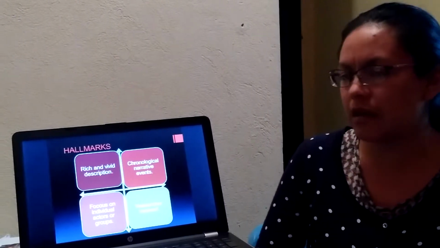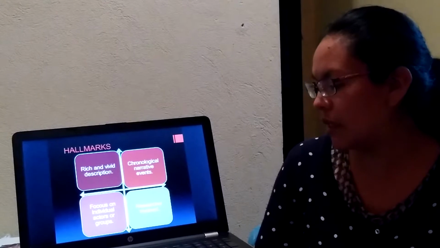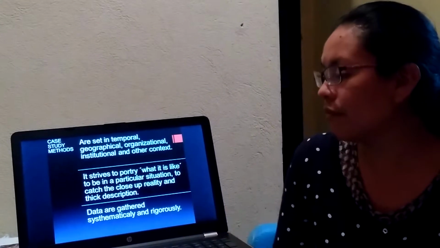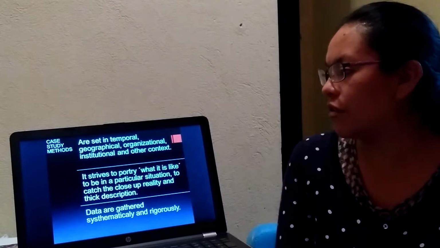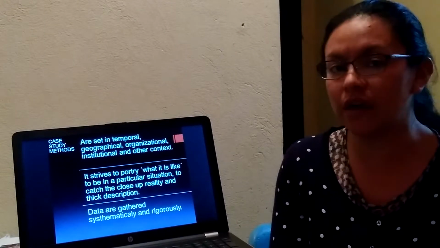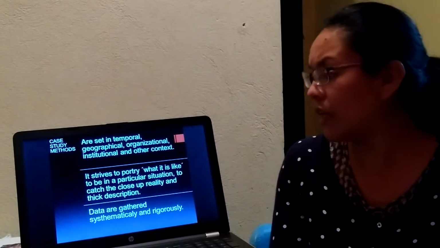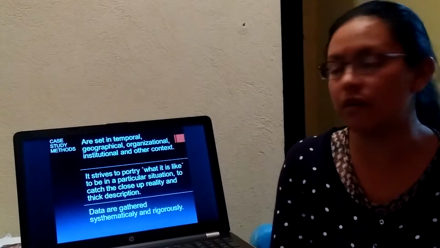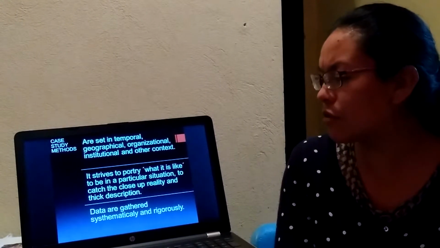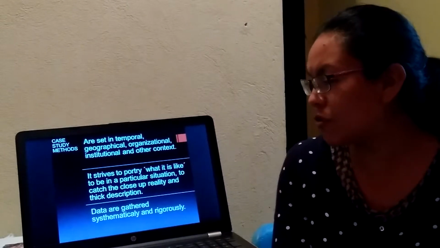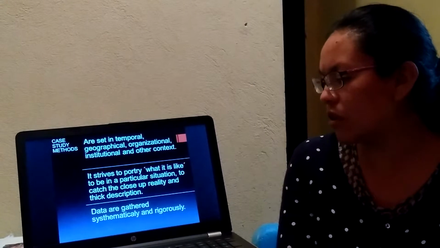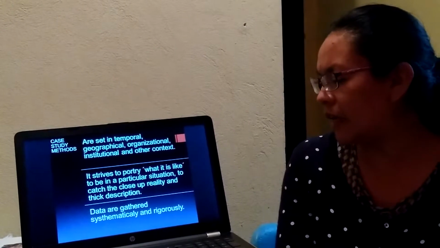In this research method, the researcher is involved. Case study methods are set in temporal, geographical, organizational, institutional, and other contexts. It strives to portray what it is like to be in a particular situation, to catch the close-up reality and